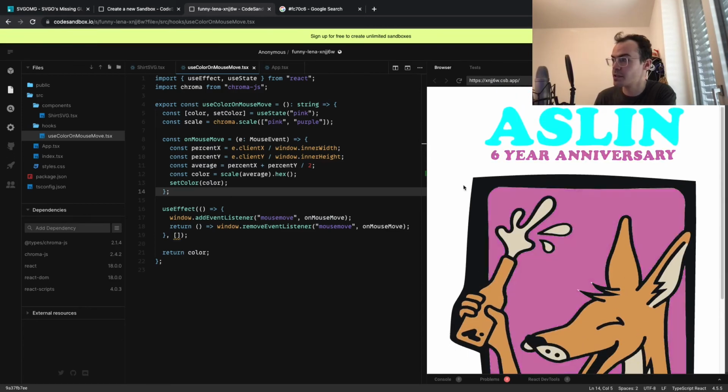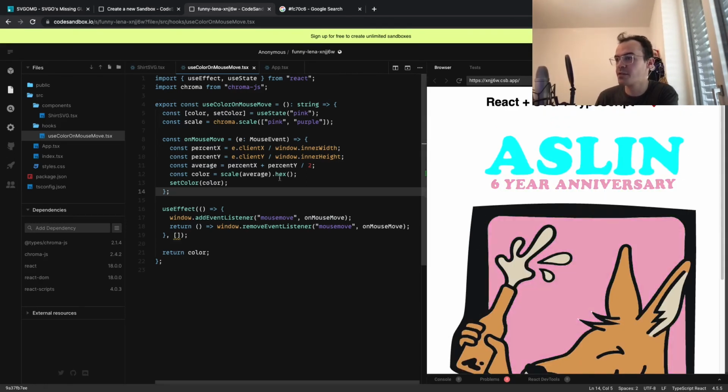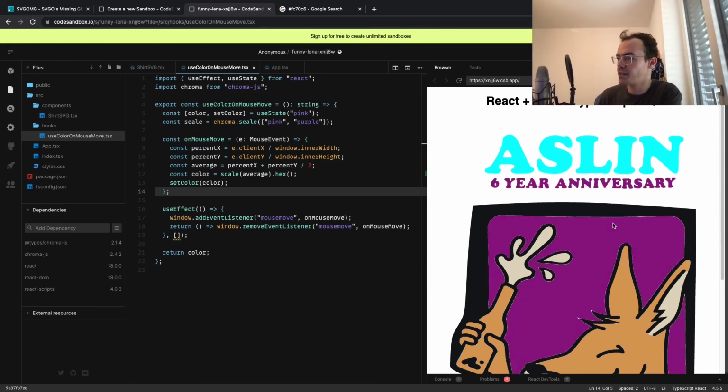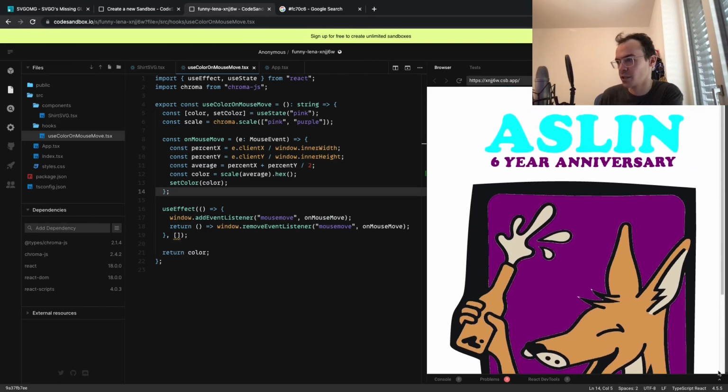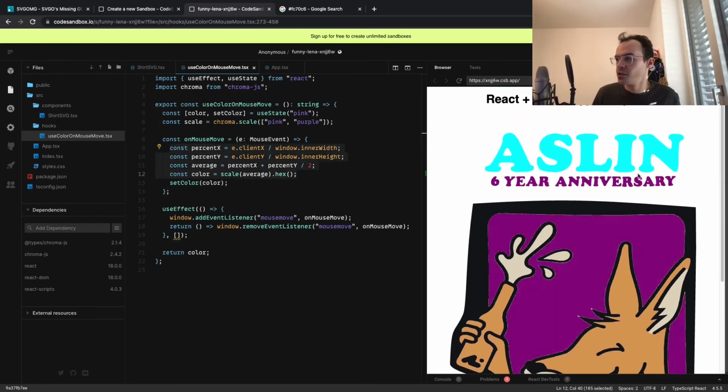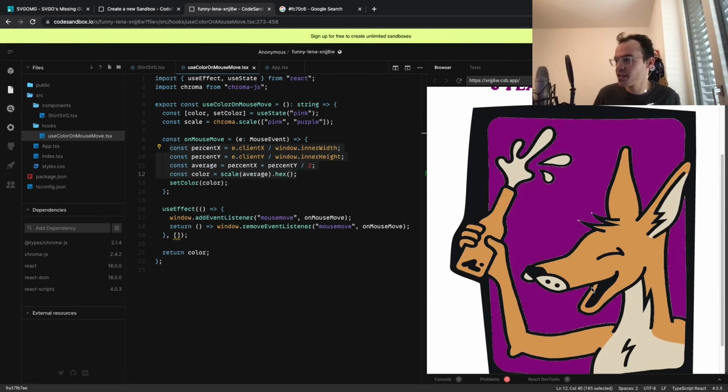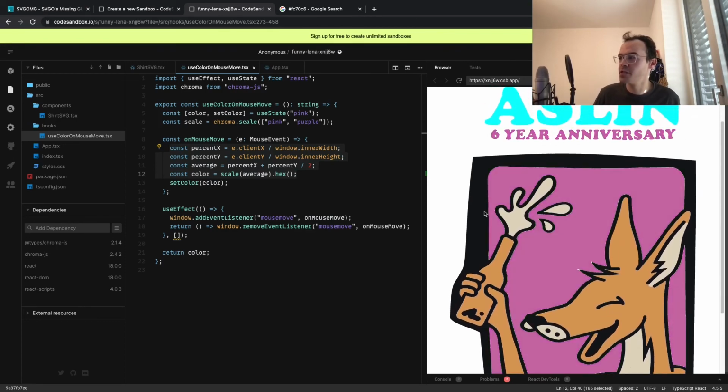Very cool. So as we move the mouse around, it goes from pink to purple. Because of this algorithm we've set here, the total 0% is when both X and Y are 0. This will get you as close to pink as possible. And when X and Y are close to the inner height or inner width, this will give you the closest to purple. So as a last cherry on top, we're going to go back into our SVG and fix